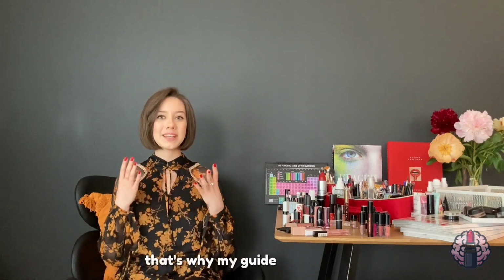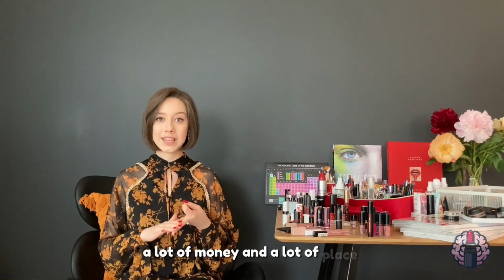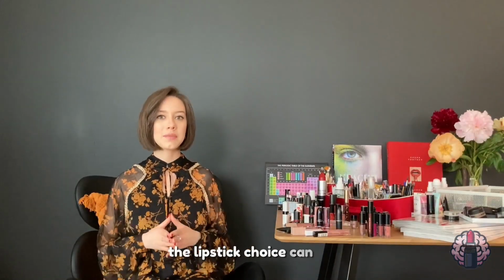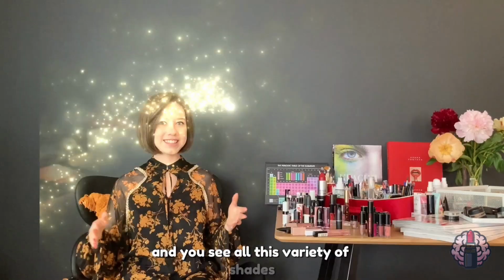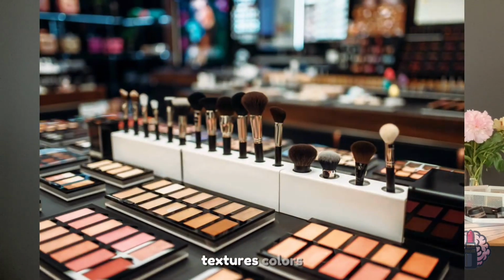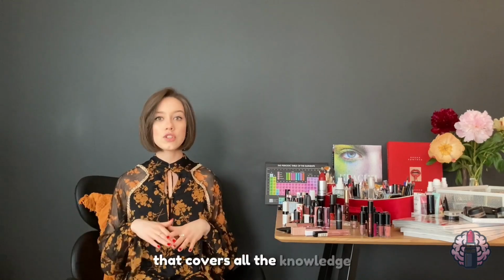That's why my guide is so helpful for the beginners who haven't made all of those mistakes yet and have a chance to save a lot of time, a lot of money, and a lot of place in your makeup kit. The lipstick choice can be overwhelming. When you come to a shop and you see all this variety of shades, textures, colors, you just don't know what you need anymore. This inspired me to create an Ultimate Red Lipstick Guide that covers all the knowledge, skills,